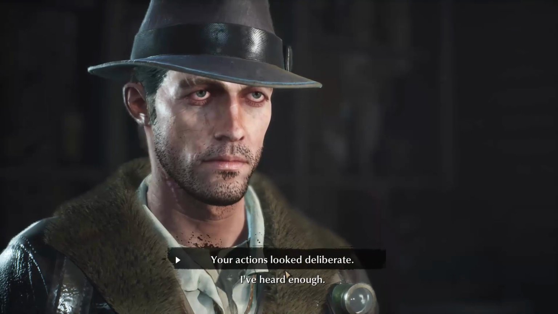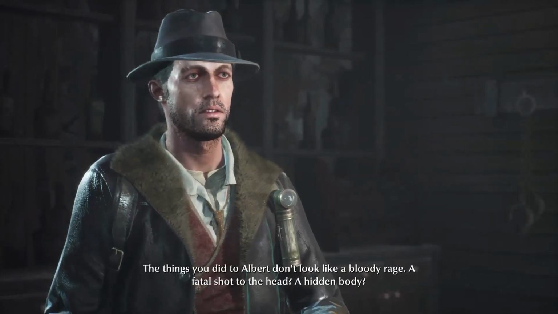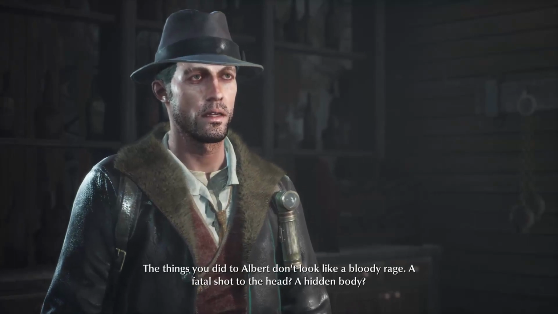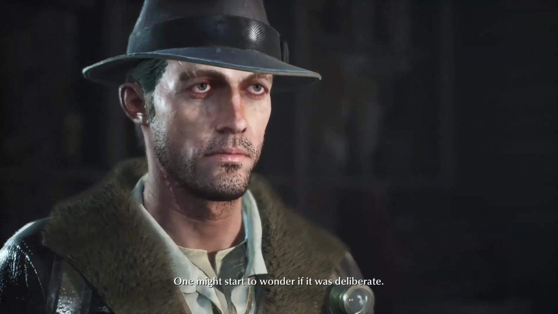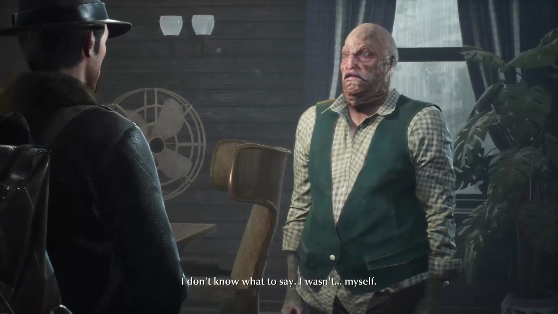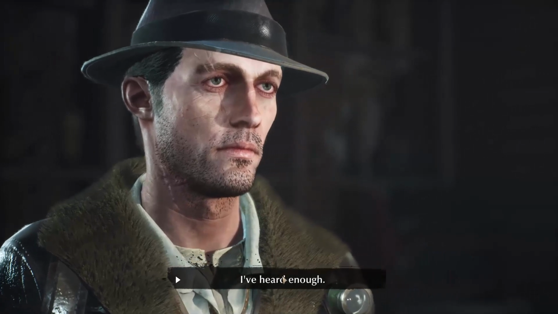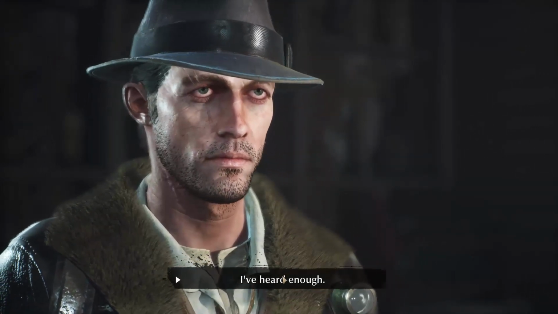I mean, look, deliberate? I don't know. The things you did to Albert don't look like a bloody rage. A fatal shot to the head, a hidden body. One might start to wonder if it was deliberate. I don't know what to say. I wasn't myself. I mean, he still did it, but like...